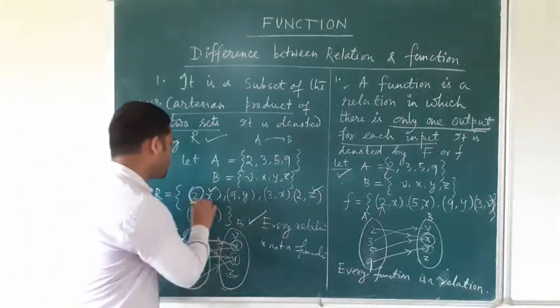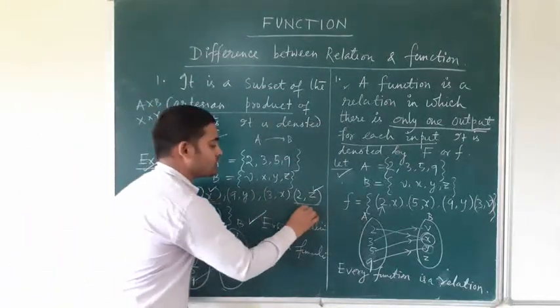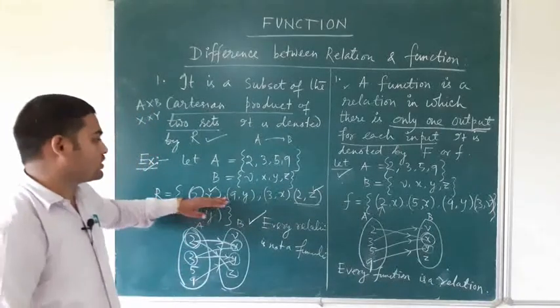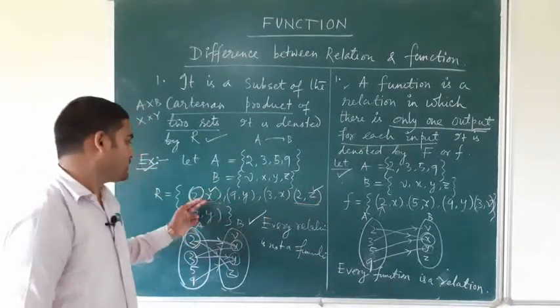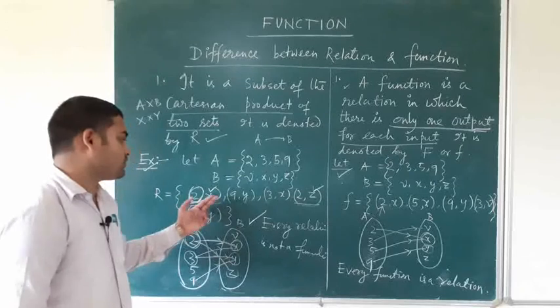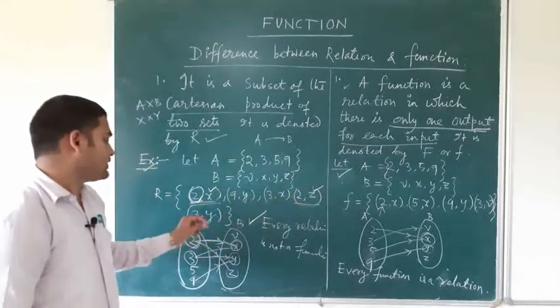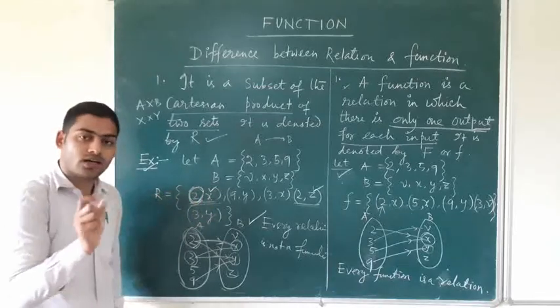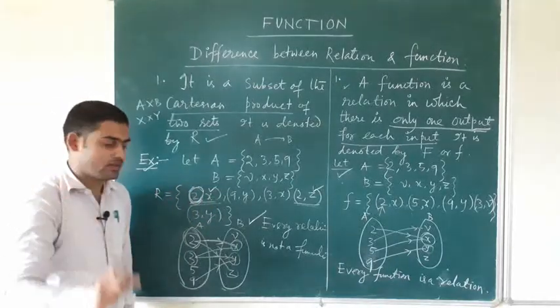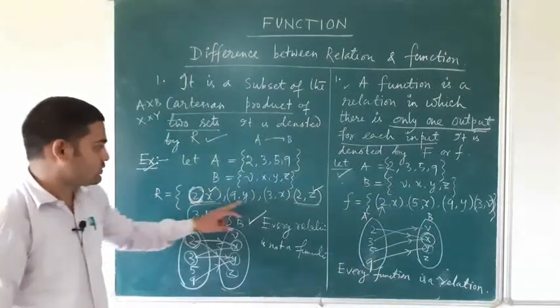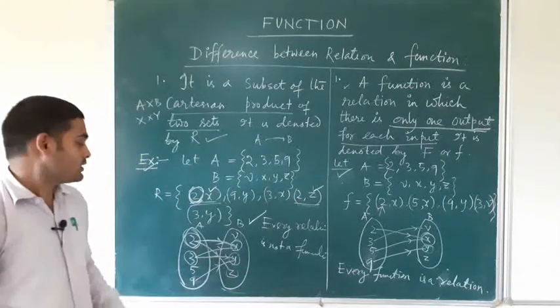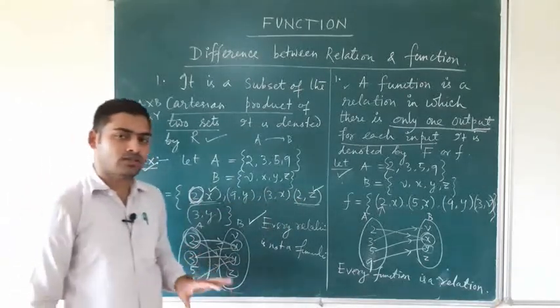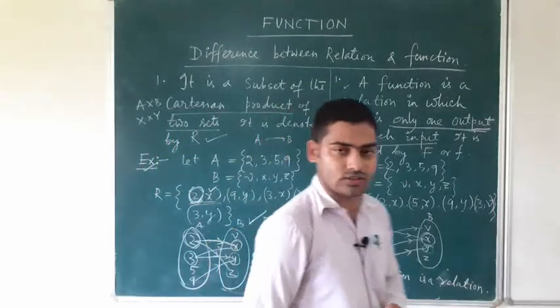Or also you can see the second condition, that is: two distinct ordered pairs having the same first coordinate. The first coordinate is 2, here 2. Okay, so this relation is not a function. So friends,